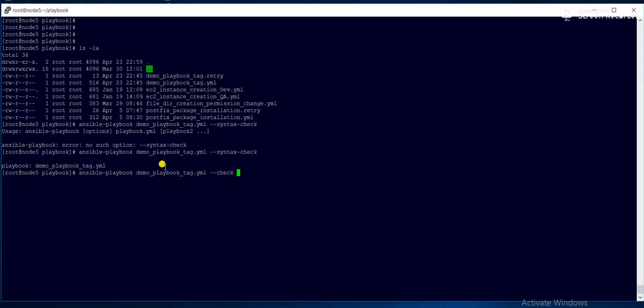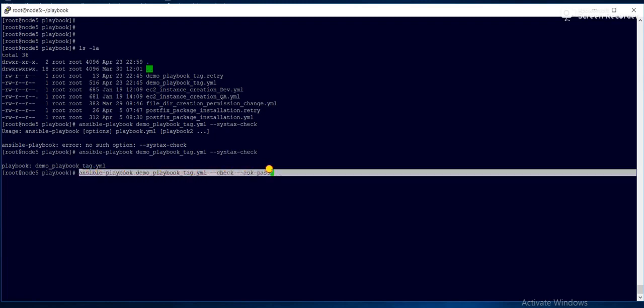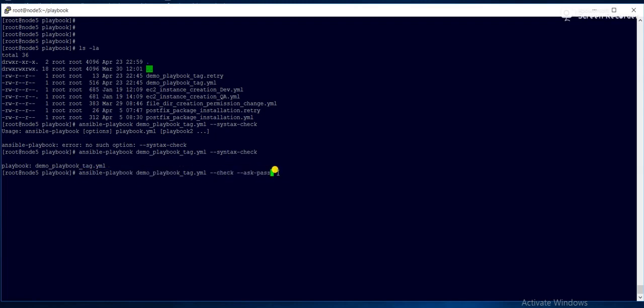Then I will give --ask-pass, because I have not established passwordless login from the Ansible host to the client. I am connecting through password only, so I am passing this parameter. In this case I am running the whole playbook.